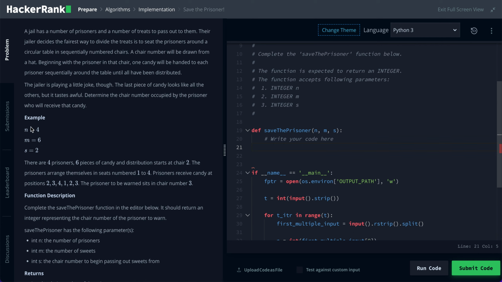So essentially, you've got four prisoners, and each prisoner will have a seat assigned to them. They would have seats 1, 2, 3, and 4. And we're going to start at prisoner 2 and start handing out our 6 treats, or 6 candies. So you would give out a candy until you got to the end of the row, increasing in chair number, and then loop back around to the beginning of the seating arrangement. So the prison guard hands out the candies, and the last candy is given to prisoner number 3, sitting in